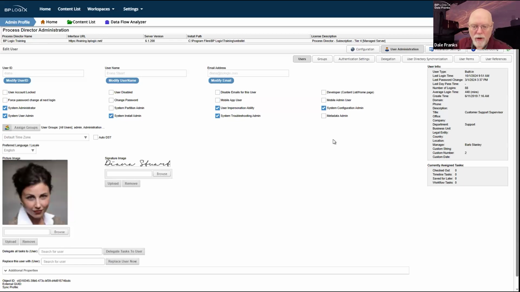Normally, when you install an initial Process Director installation, there is an administrator account that is built in, and that will be the account into which you initially log in and serve as a system administrator. And the first thing you would do is you would build on the production system your administrative account.